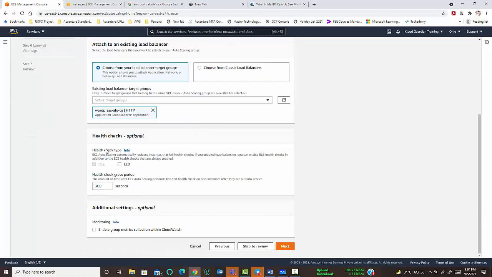Okay. Next is the health check. You can do the health check based on the EC2, which is selected by default. You cannot disable it. You can also make it with the help of ALB. Okay. Now, health check grace period means